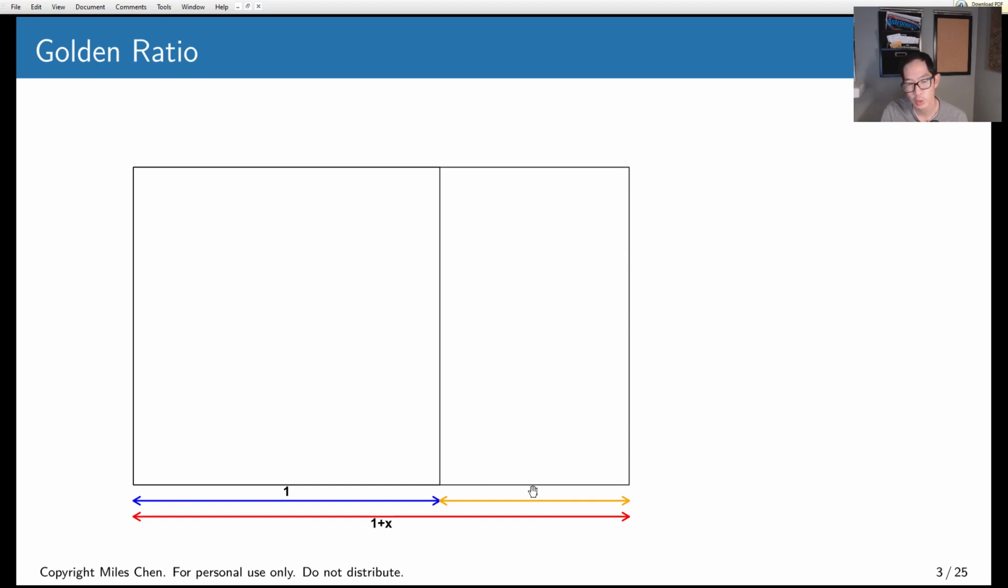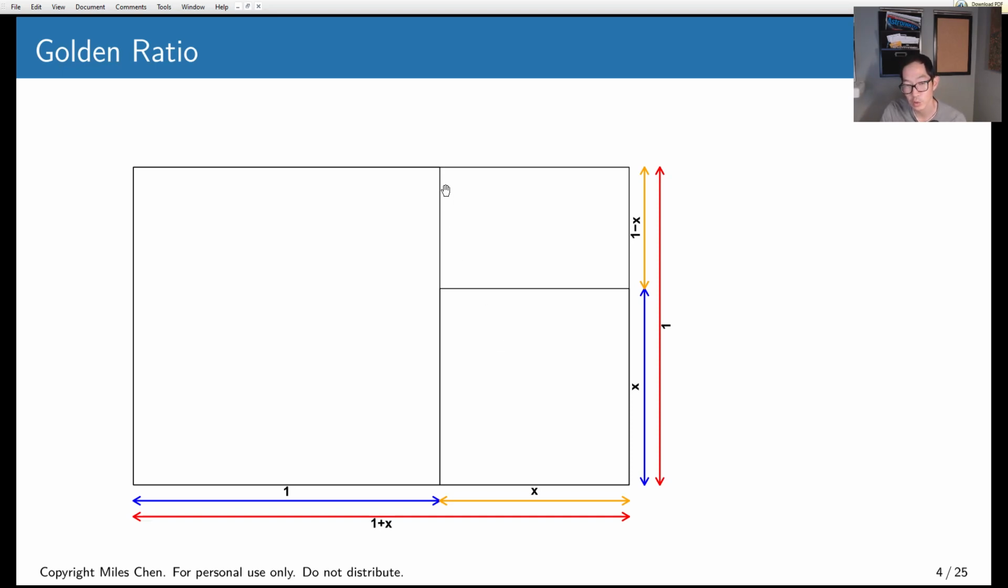So the ratio between x and 1, that is the short side and the long side of the little rectangle, is the same as the ratio between 1 and 1 plus x, that is the short side of the big rectangle and the long side of the big rectangle, okay? So here's,